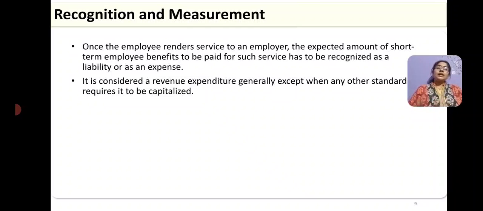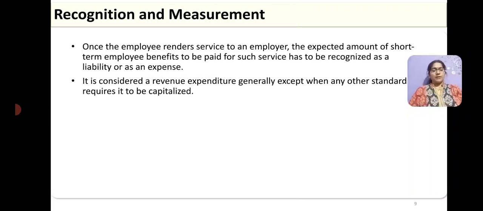Once the employee renders the service to an employer, the expected amount of short-term employee benefits, like I told, salary, wages, PF contribution, ESI contribution or any such remuneration or expenses incurred by the employer towards the employee, has to be recognized as an expense if it is already paid, or recognized as a liability if it is